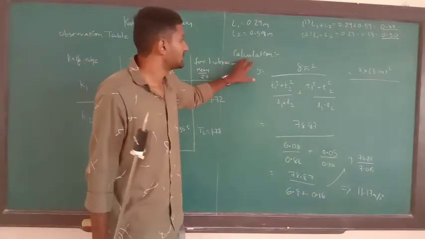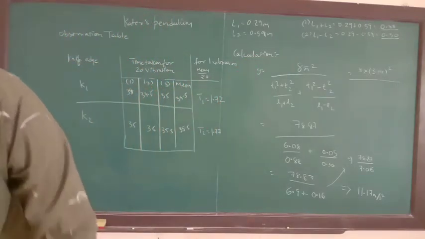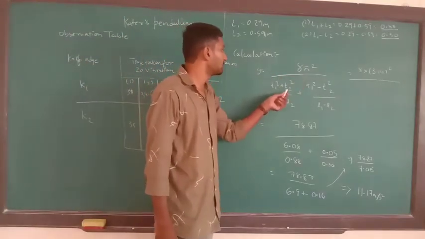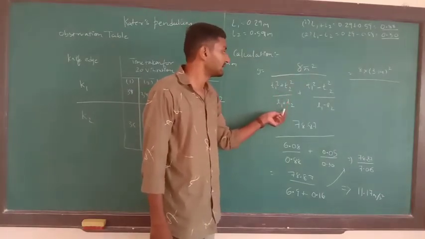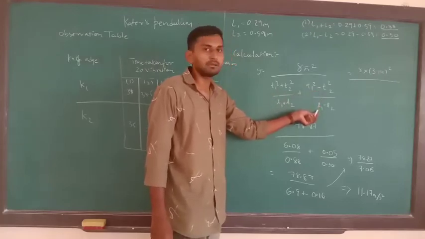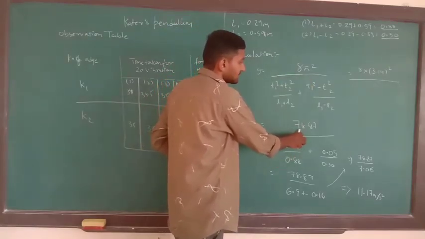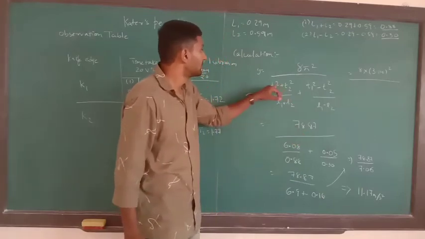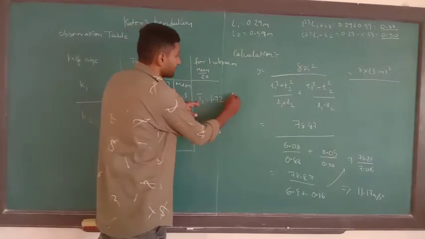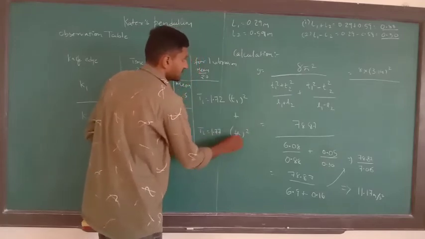Now this is the calculation. Now we have to put the values in this formula. g is equal to 8 pi square upon T1 square plus T2 square divided by L1 plus L2, plus T1 square minus T2 square divided by L1 minus L2. So we will find the value of 8 into pi square. 8 into pi square will result in 78.87. Now for T1 square plus T2 square, we will calculate T1 square plus T2 square, which will result in